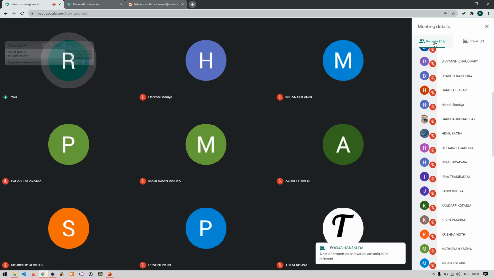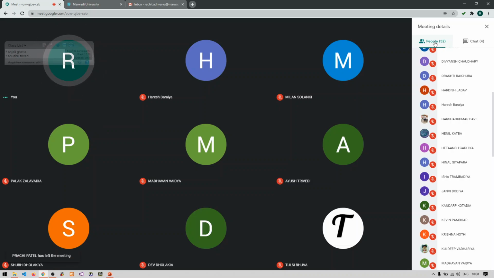So if I take one of the student from you, let us say Hardish. So Hardish is having its own properties. Let's say the first name, the middle name, the last name, the enrollment number, the mobile number, the email ID. So all these are the properties of Hardish entity, right? The student entity. So each student is different than the other student.